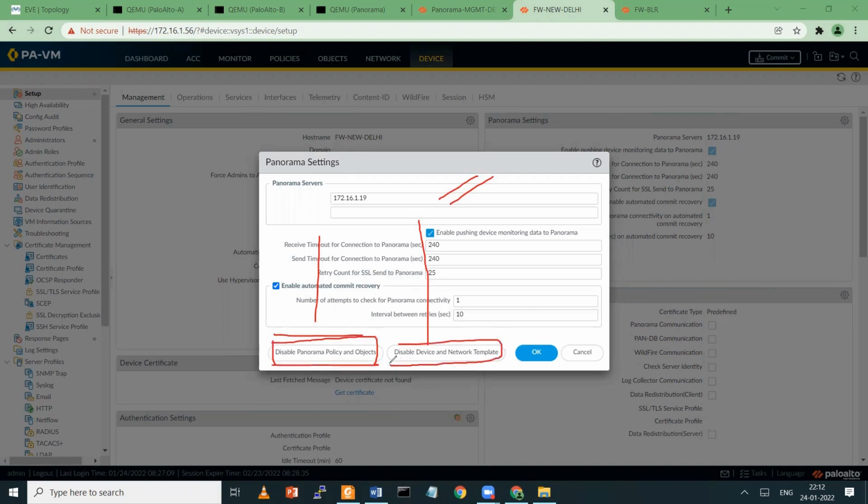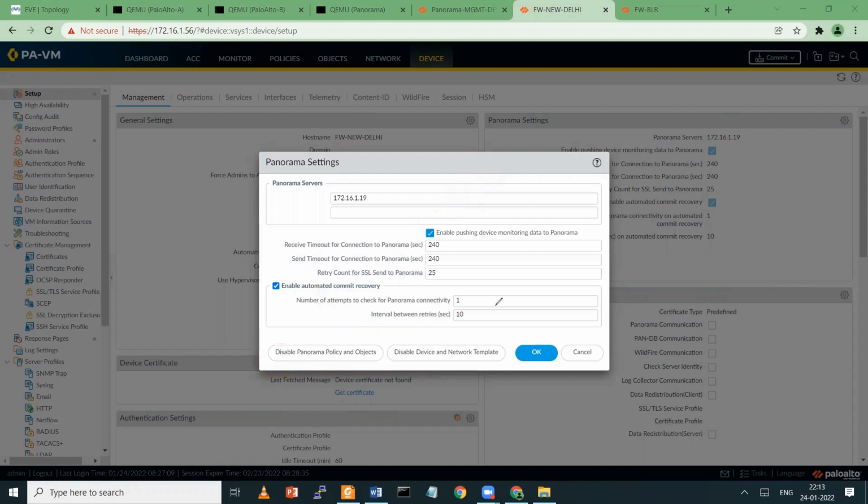So IP address configurations, VPN configuration and other things you can perform locally from the firewall. If you want to manage both options from Panorama, you just have to leave these options. Otherwise you can disable it.